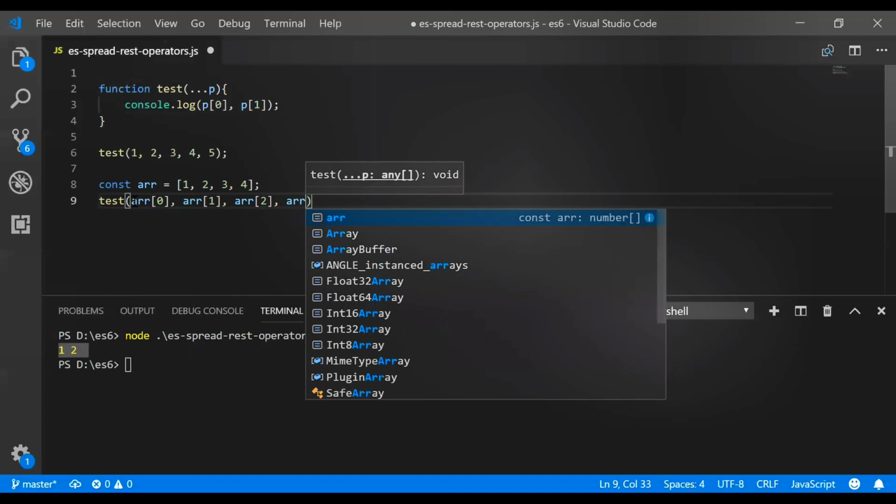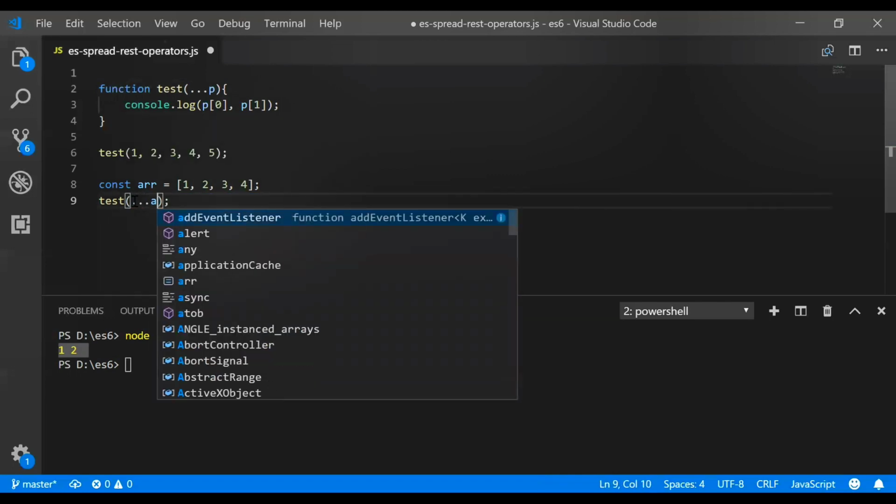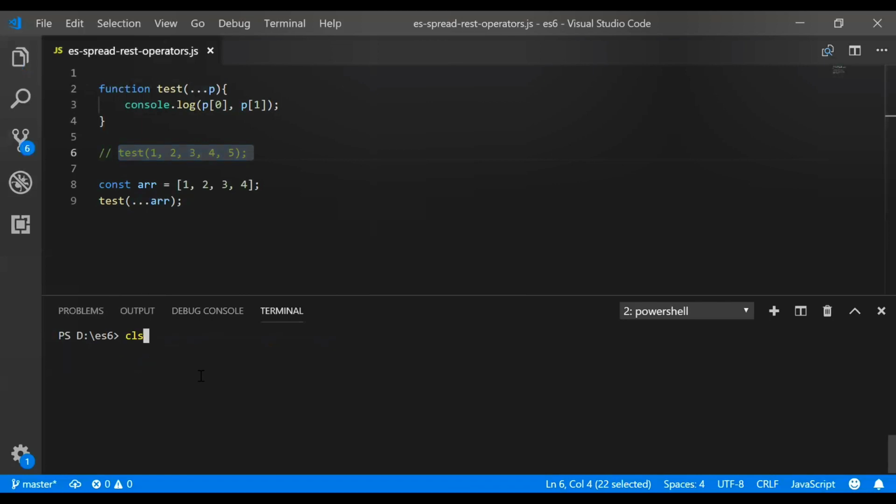Fully we have to pass. Similarly, imagine if there are more parameters to pass, then it will be so much more difficult, right? But this is how we currently do it without ES6. But using the operator, we'll just use this symbol triple dot and the array. This will take the entire value of the array 1, 2, 3, 4 and give us the result. So let's see the console.